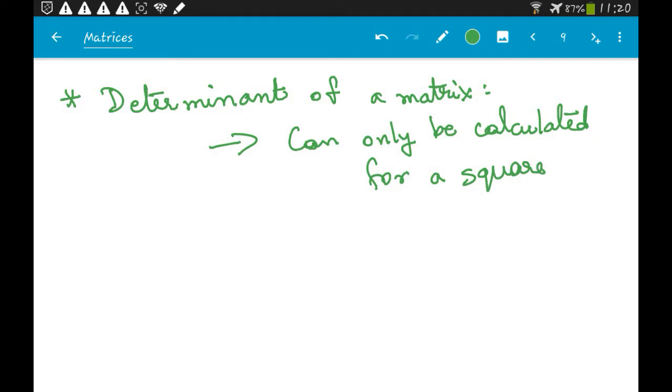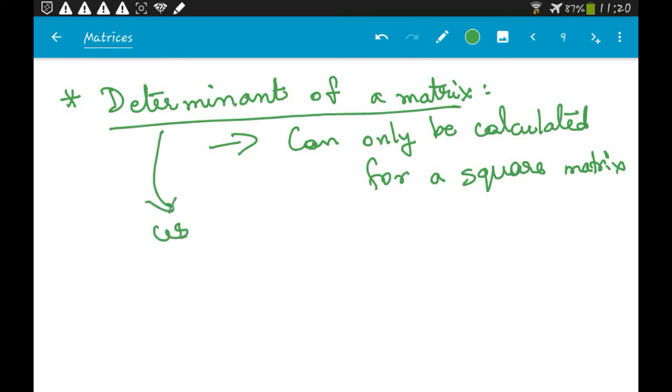You can't calculate a determinant for a matrix of some other order. The number of rows and columns needs to be the same. That is what a square matrix is. So let's see an example, and then we will see how a determinant is calculated. The determinant is a useful quantity, and we will see that it will be used in several places in the following lectures. When we try to solve for eigenvalues, when we try to solve the equations, when we diagonalize a matrix, these are all places where we will use determinants a lot.